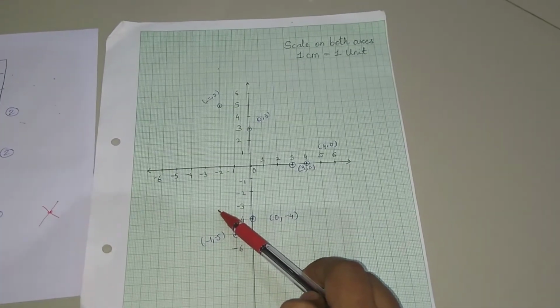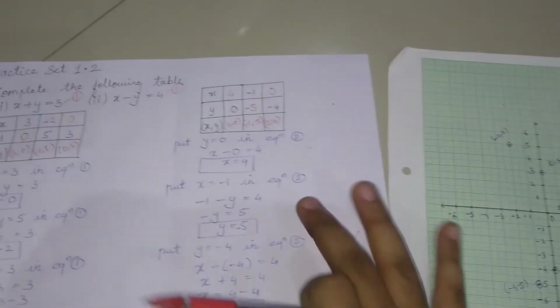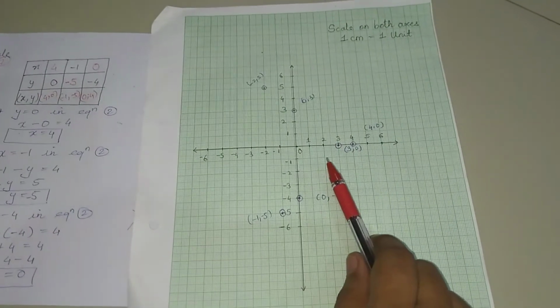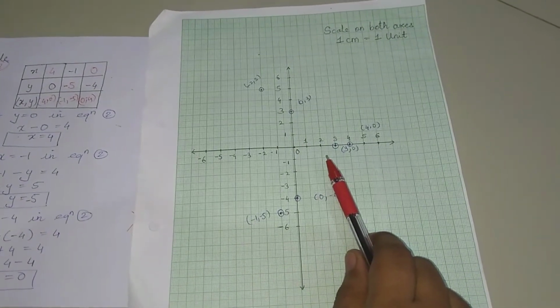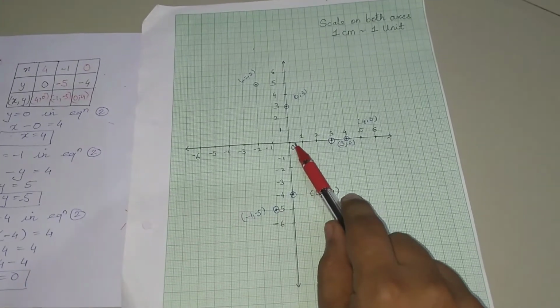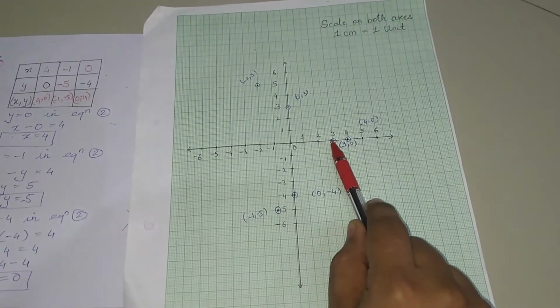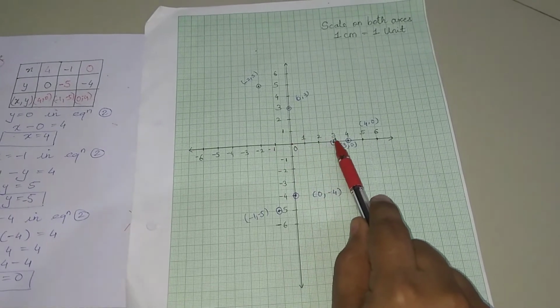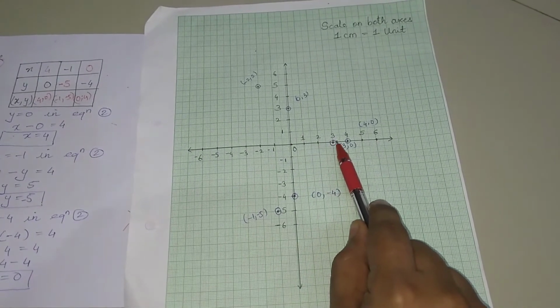Okay, so now first our equation, that is x minus 3, I'll be solving this now first. Okay, so first pair of equation number 1 is 3 comma 0. So x is equal to 3, and y is 0. Y is 0 means it will be on here only, so we'll mark this point one here.